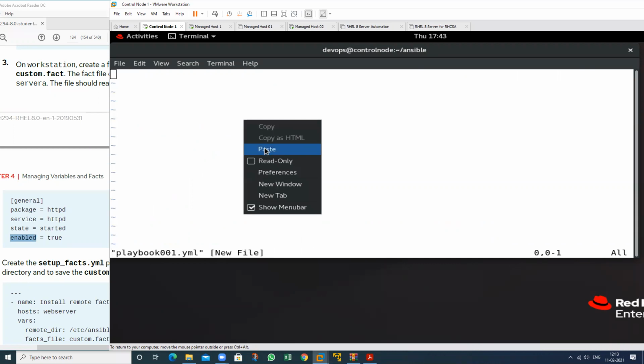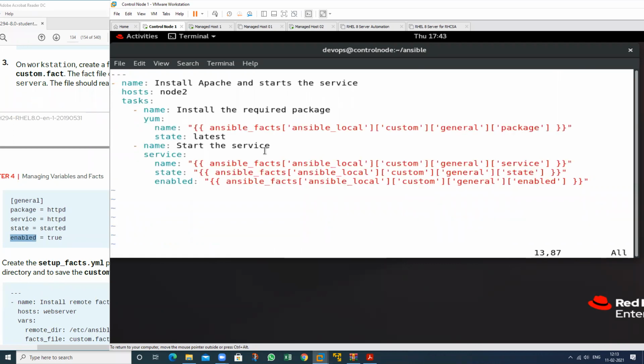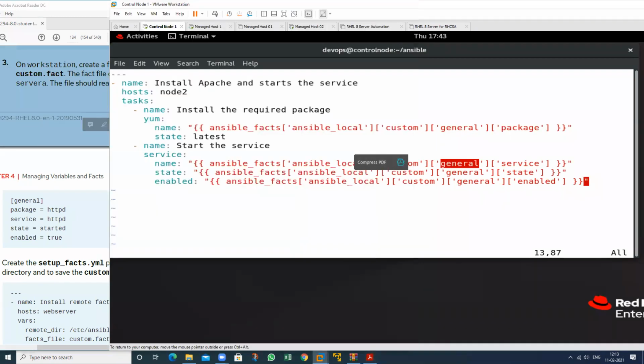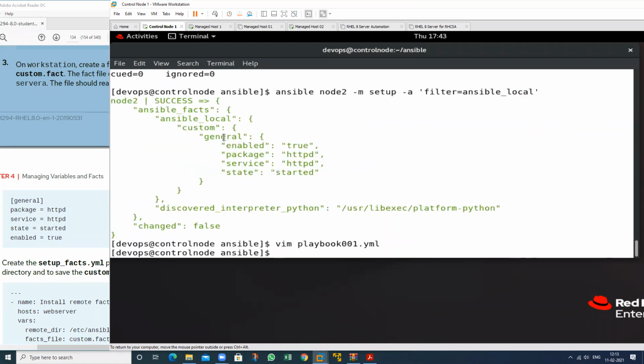So create this file and it will automatically take the whole value. But in this custom, we have general. But in my machine, what do we have? See, general. Same. I will show this one.